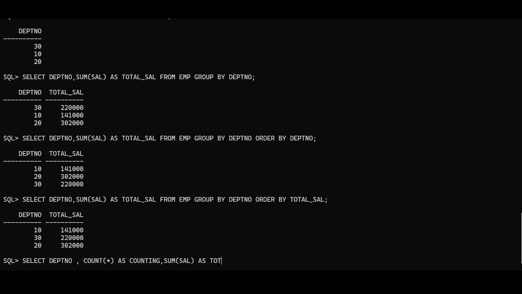total underscore salary. Average salary I want to find, as average underscore salary. Then you have the minimum salary under each department, as minimum underscore salary. You can find the maximum salary under each department, as maximum underscore salary. Right? What else do you have? Minimum, average salary, sum salary. From